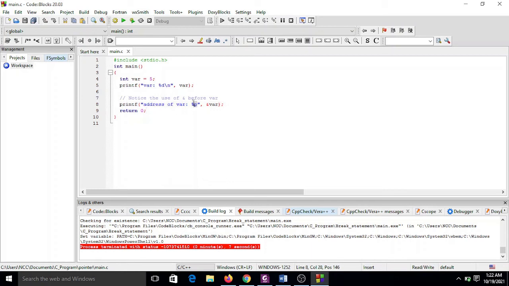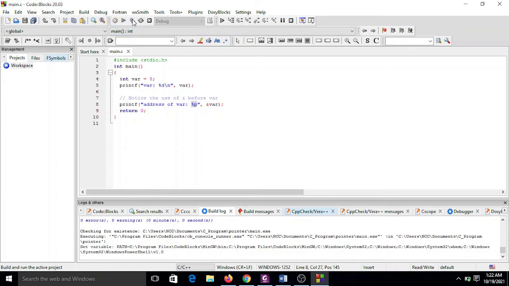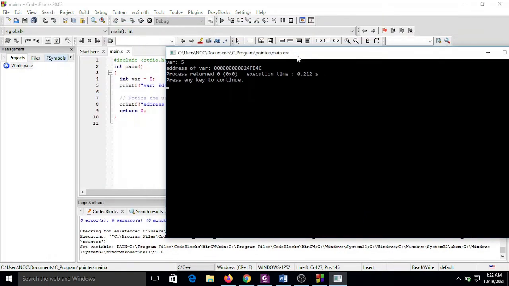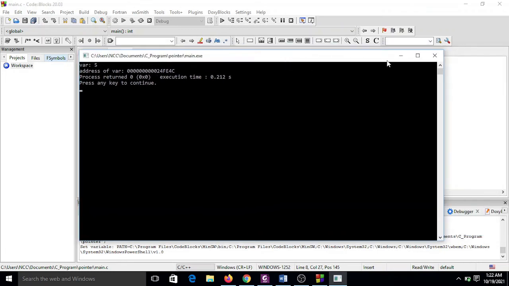So your pointer is %p to print the memory location or the memory address of variable 5. You can see now this is the memory address 0000024FE4C. That is the memory address of this variable 5 on this system. If you run this code on your system, you get another memory address because you are using a different system. So that's just pointers. Pointers just help you to know exactly the address in your system memory a particular variable